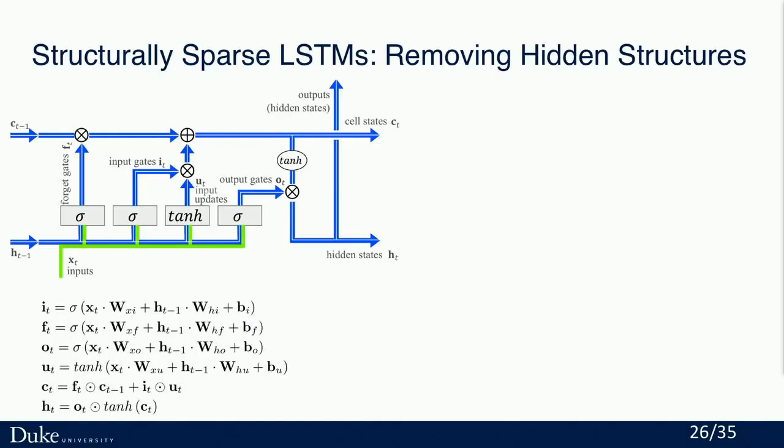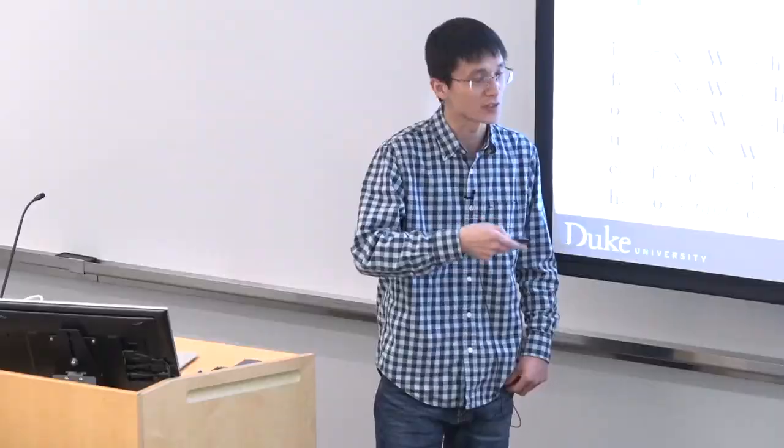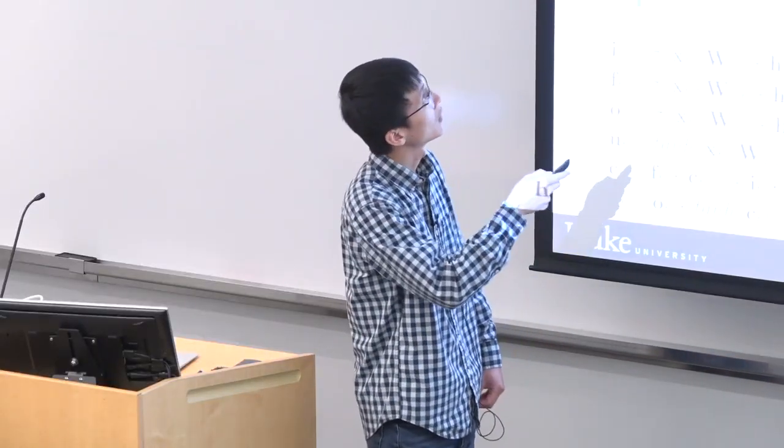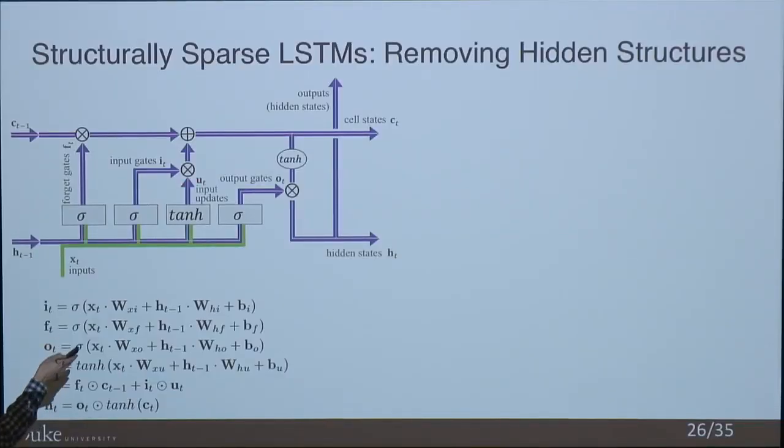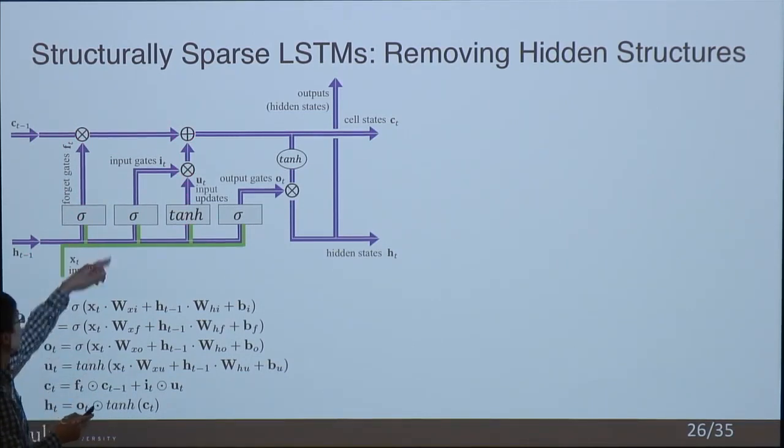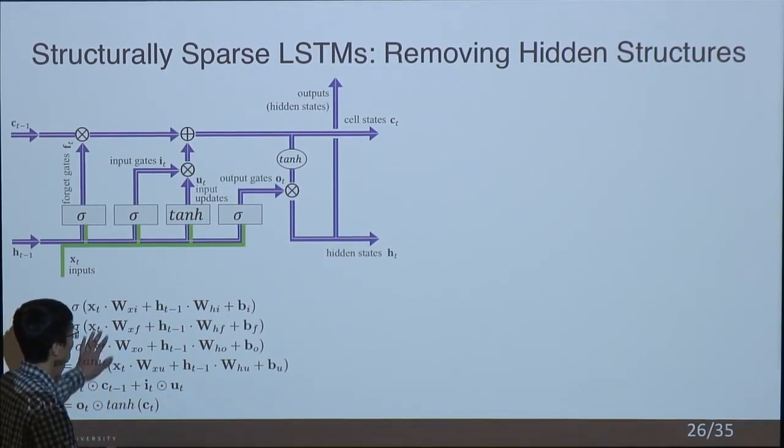And again, we can generalize it to LSTM. Again, what kind of structure we want to learn depends on how we split the weights. In this case, we can remove the hidden size. All the white strips here are the structures associated with one hidden state. So if we want to remove one hidden state, we have to remove all the structure in the white strips, like here. Here is a sophisticated formula, but let me cover it.